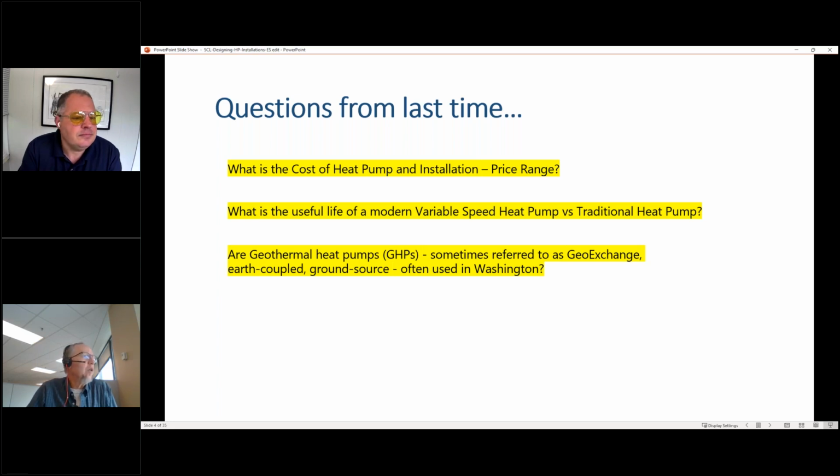And then finally, for leftover from last time, geothermal heat pumps, you know, ground source. How often are they seen in Washington State or even the Northwest? Yeah, not as much as other parts of the country, and that has more to do with the fact that even over in eastern Washington, the winter temperatures are not as cold. So if we were just to talk about the I-5 corridor in Washington and Oregon, it's very rare to see a geothermal heat pump, simply because the cost of that geothermal installation with the underground portion of it is